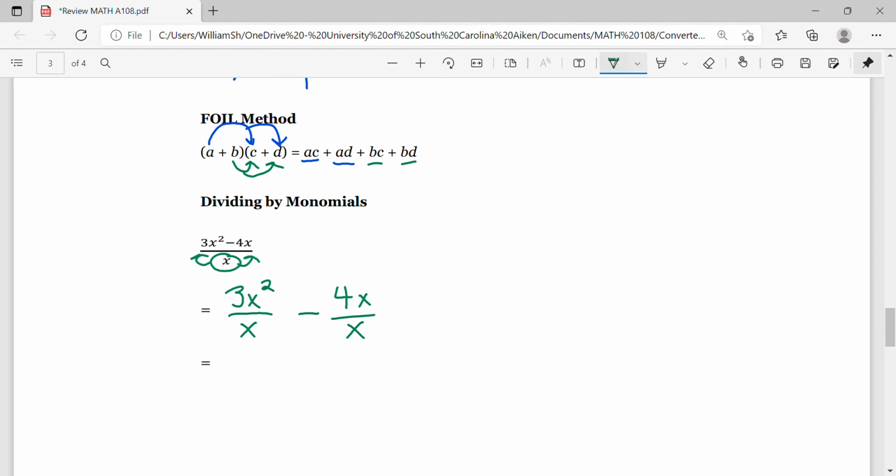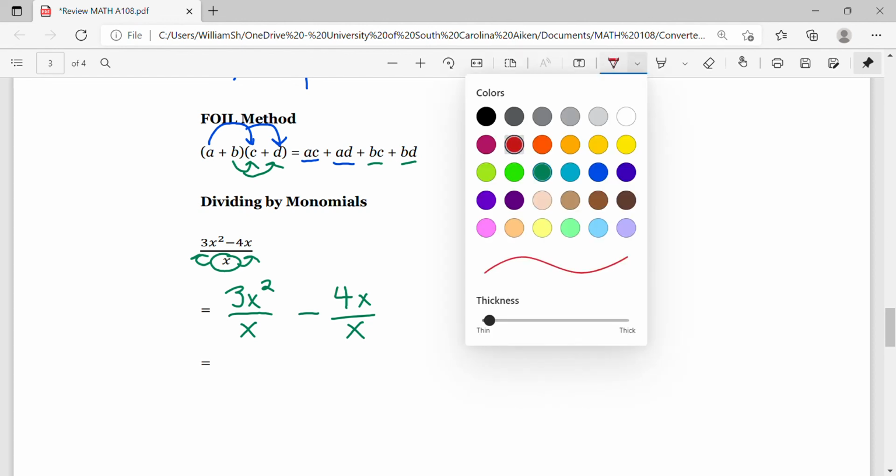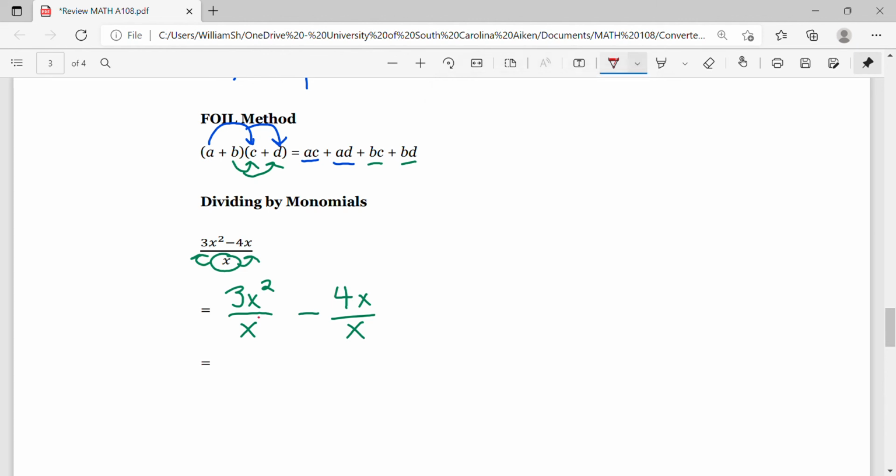So what happens here is this x cancels out one of these x's. So that 2 goes down to a 1, right? And this x is now gone. So I'm left with a 3x here. And this x cancels out this x because they're both the same, right? X over x is just 1. So that leaves us with a minus 4. Anything over itself is just 1, so it just cancels itself out, and we're just left with this 3x minus 4 here,